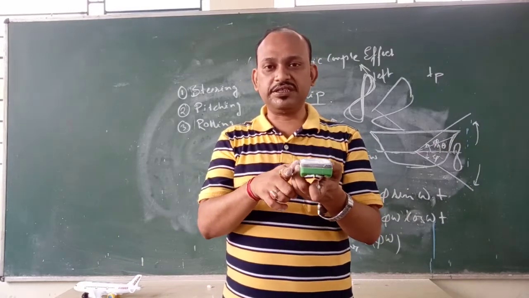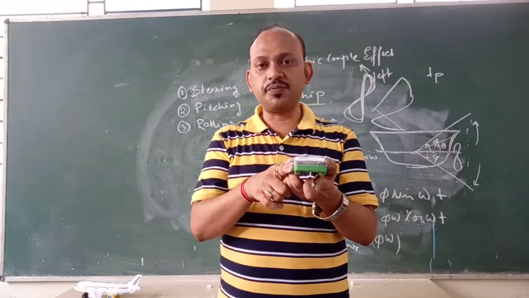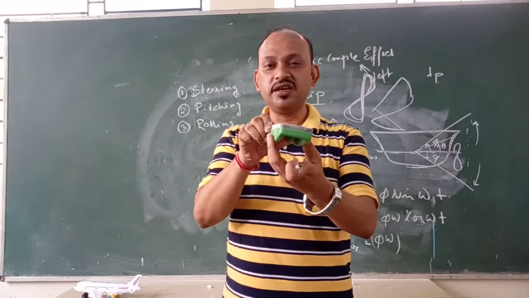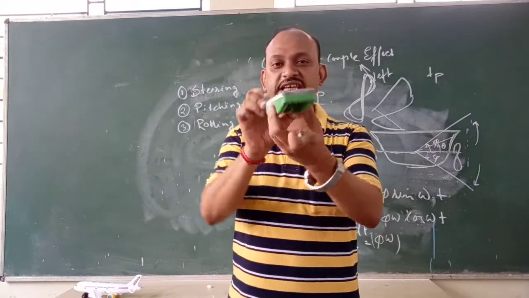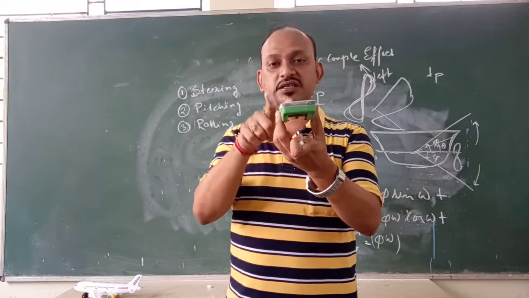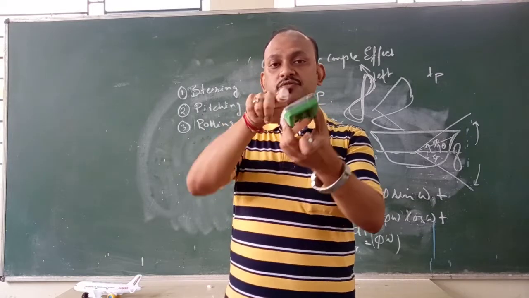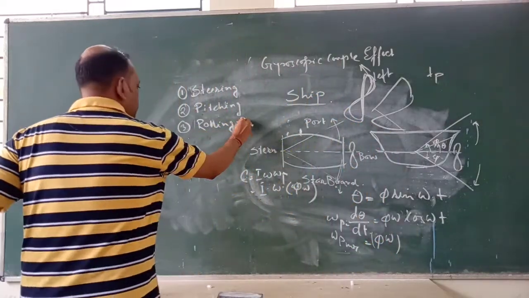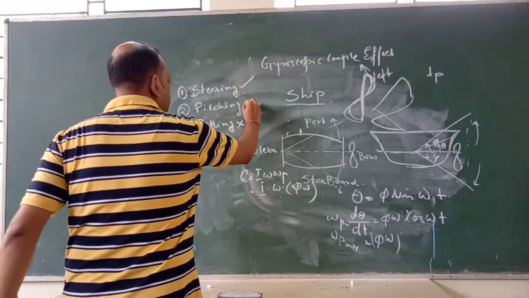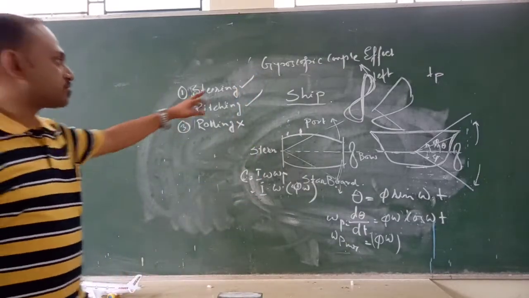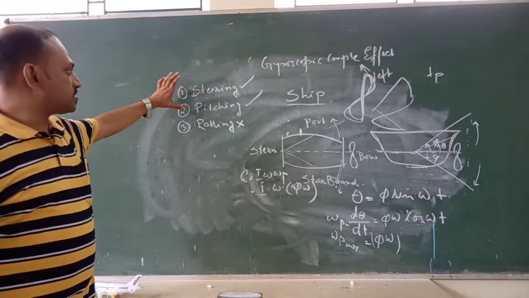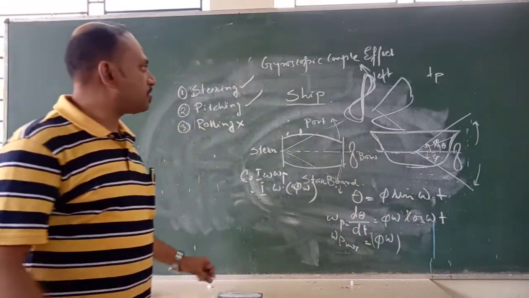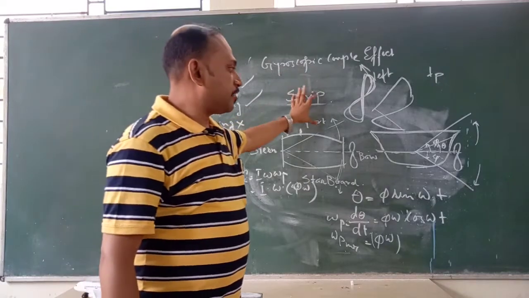If they are parallel to each other, there is no question of any gyroscopic action taking place when the ship is subjected to any type of rolling action, because rolling is taking place with respect to its own axis. So both the axis of precession and the axis of spin are the same, or parallel. In that case, there is no gyroscopic action when the ship is subjected to rolling motion. So the gyroscopic effect on a ship is about the steering action and the pitching action. This is about the gyroscopic effect on an aeroplane and a ship.